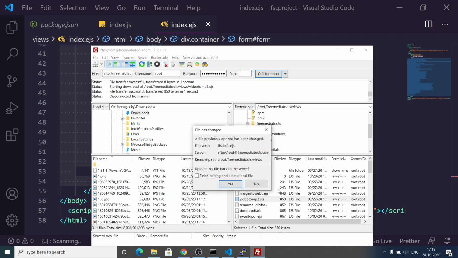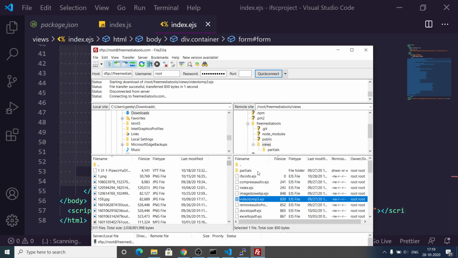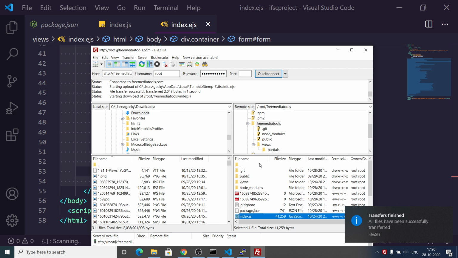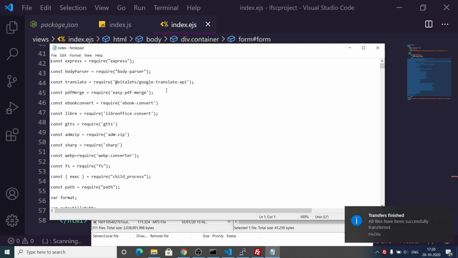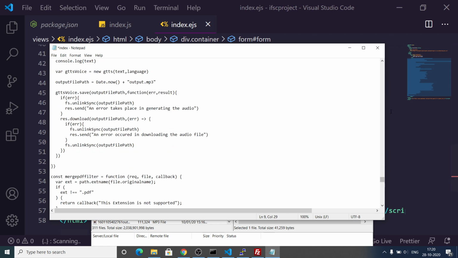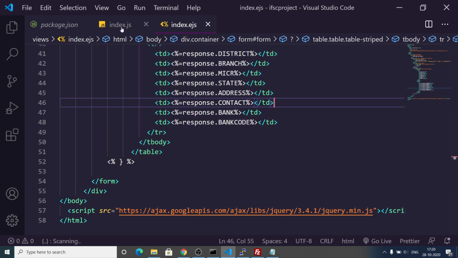Again we click the yes menu here, and now the thing remaining is we need to go to the index.js file of my project. I need to open this file, so I need to create a get request and the post request. First of all we need to include the library which is IFSC. We need to require it, which we have installed here, like this IFSC. This is the code of the whole website that I had deployed here. You can see that. And now we simply need to go to index.js.